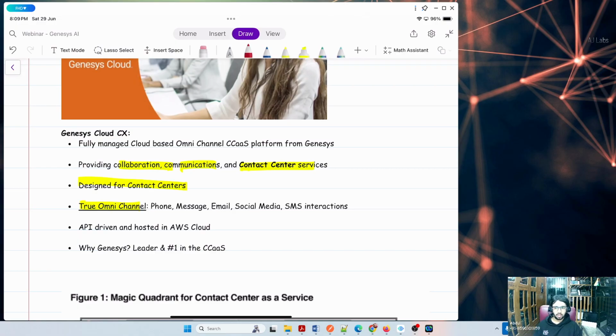We have a functionality called SBC integration with the trunk. So you can create a SIP trunk from any of your providers, like a Cube or SBC or even your existing call manager or Microsoft Teams. You can create a SIP trunk towards Genesys and then have that communication connected.